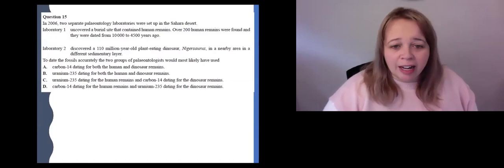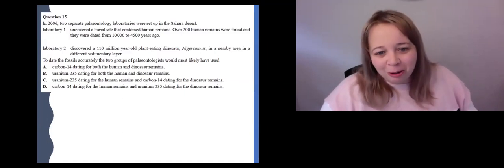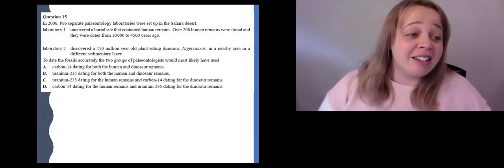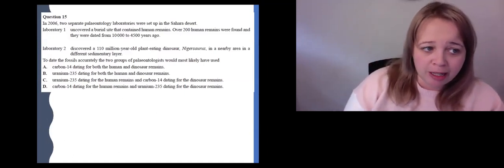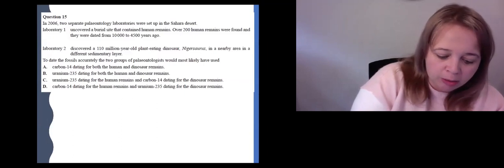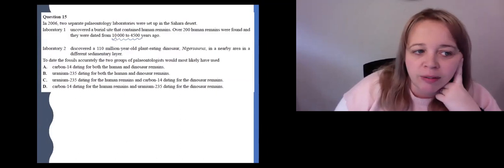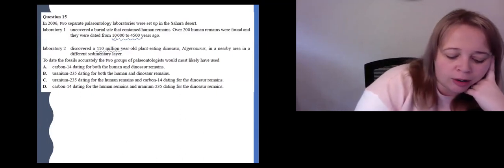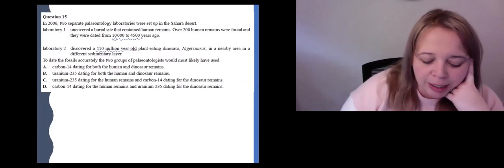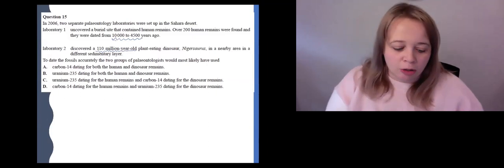There's an example of an actual question. So in 2006, 2 separate paleontology laboratories were set up in the Sahara Desert. Lab 1 uncovered a burial site that contained human remains. Over 200 human remains were found, and they were dated between 10,000 to 4,500 years ago. In Lab 2, they discovered a 110 million year old plant-eating dinosaur, Nigersaurus, in a different sedimentary layer,